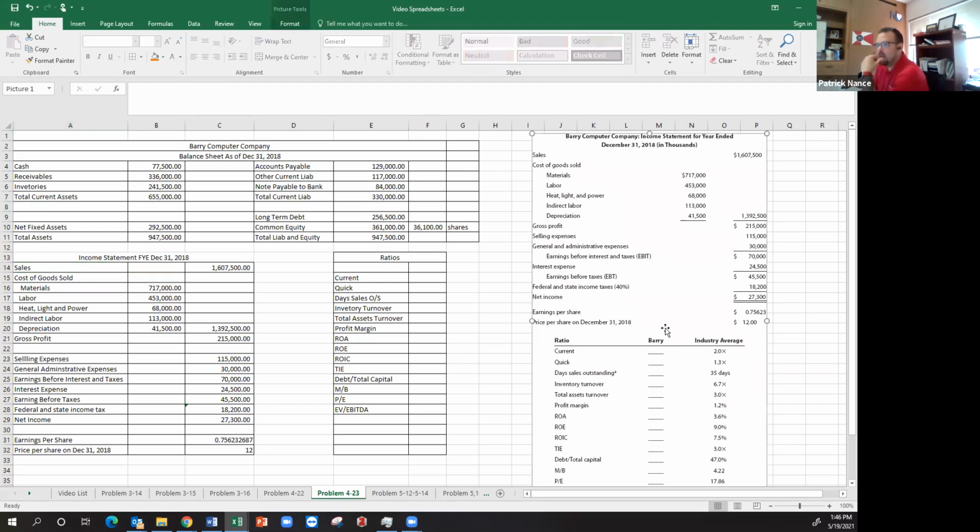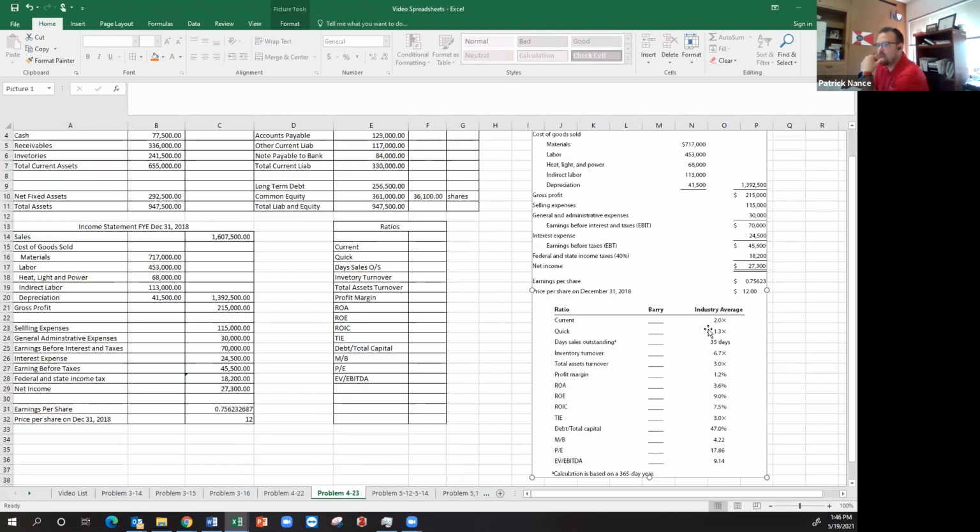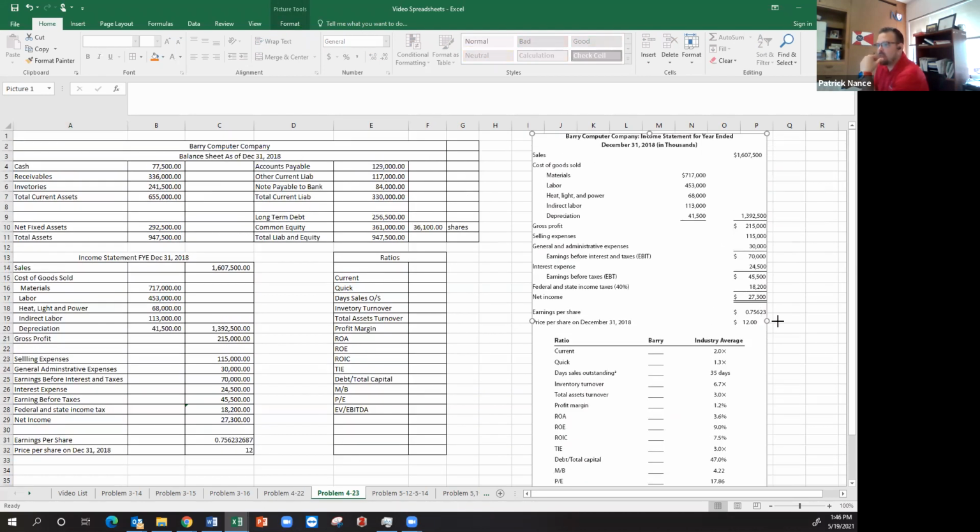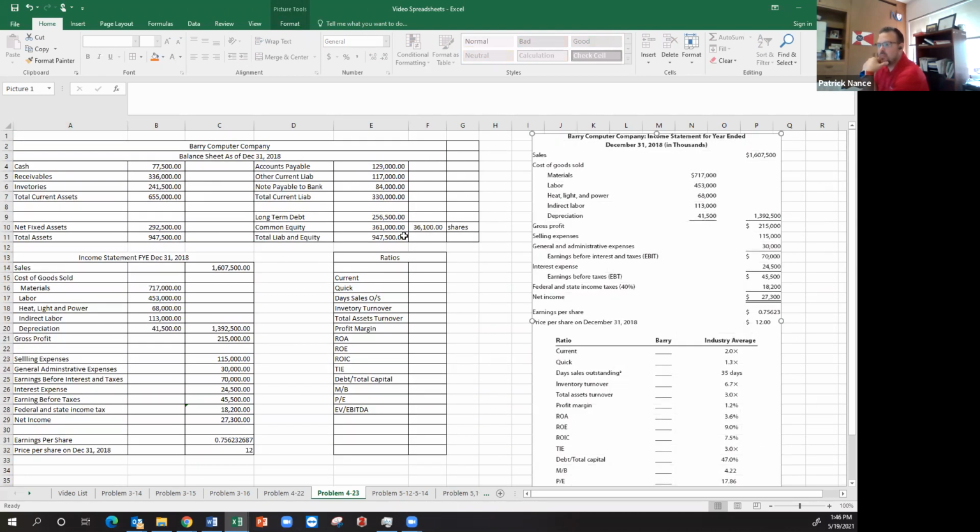The problem from the book has the industry average labeled next to it. I took just all the numbers from this and put them onto a spreadsheet to make this a little easier. So the first ratio we're going to look at is the current ratio. So the current ratio is